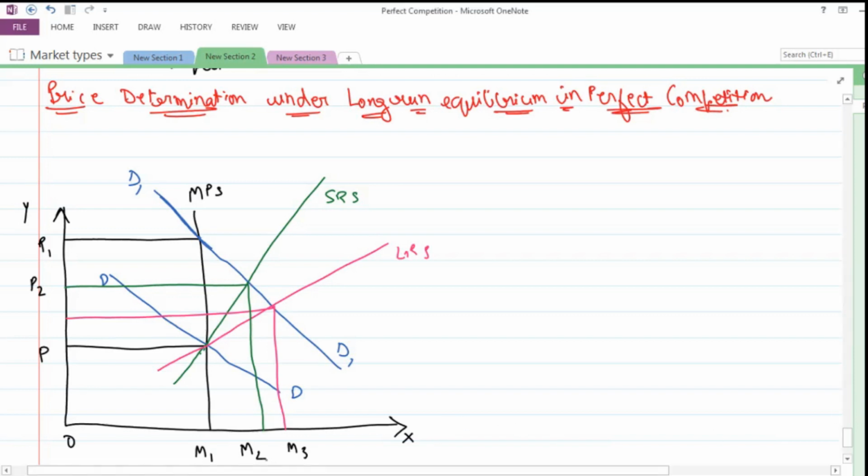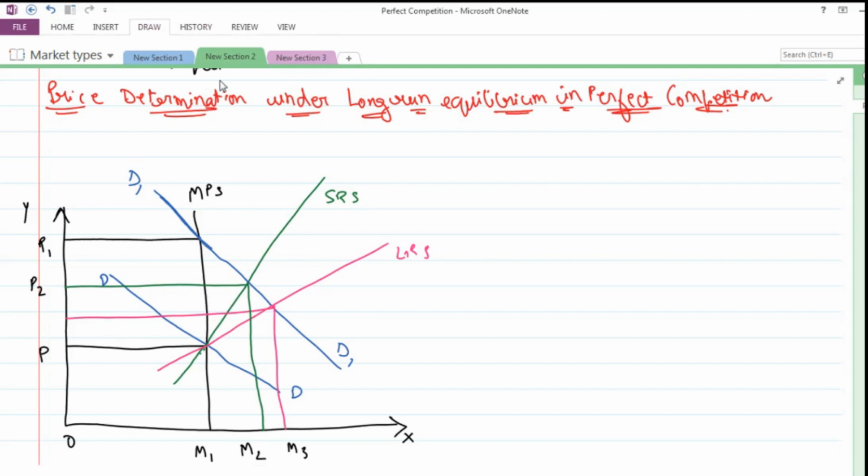Hello everyone. In this video we will be seeing the price determination under long run equilibrium in a perfect competition. In the long run, the supply is adjusted to meet the new demand conditions. If there is an increase in demand, the firms in the long run will expand their output by increasing fixed factors